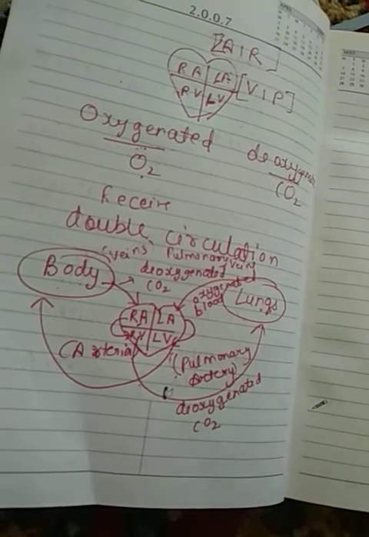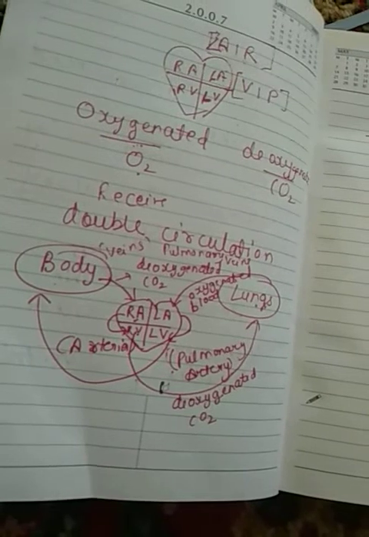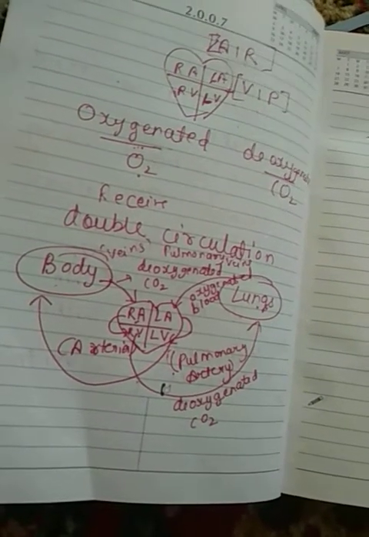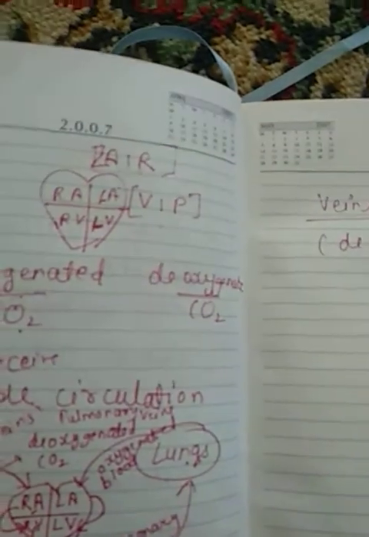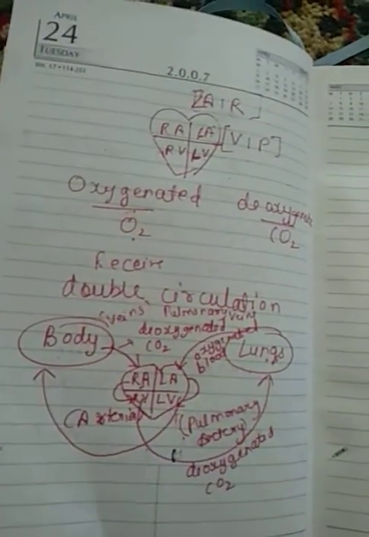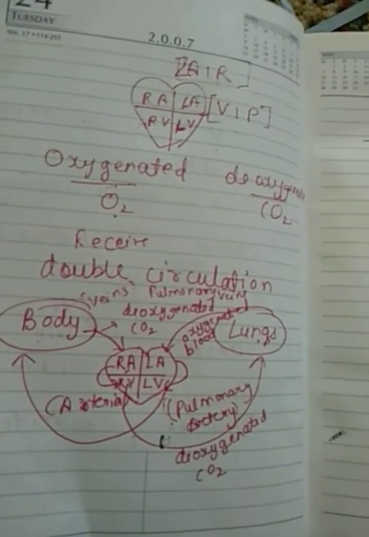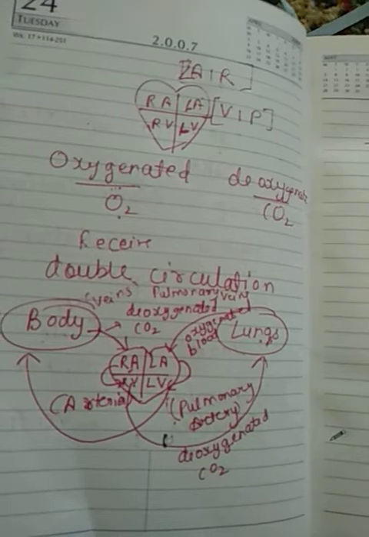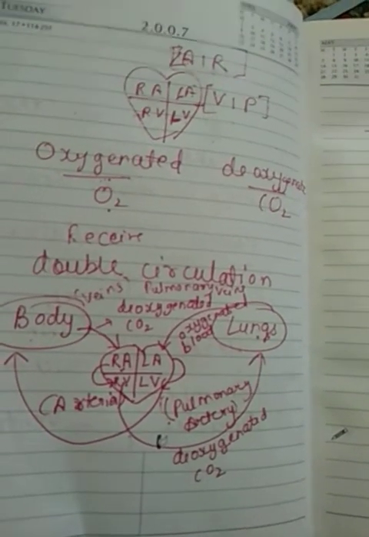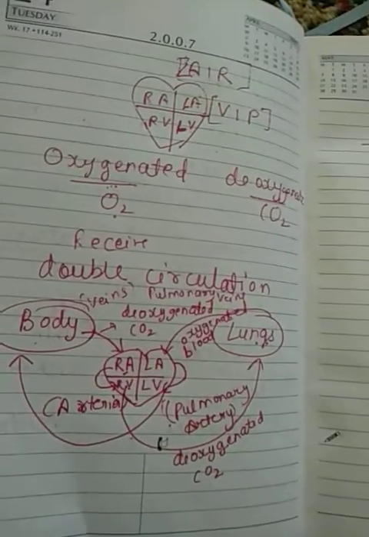These veins have thin elastic walls, because the blood flowing from different body parts doesn't flow at very high pressure. In the case of arteries, the blood is flowing out from the heart, and the heart is the pump, so it pumps the blood at very high pressure. So it is very important that arteries have thick walls. But veins have thin walls because they carry blood from all parts of the body to the heart.